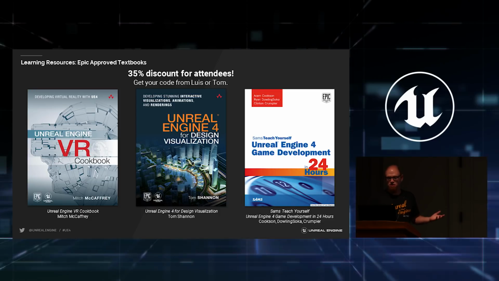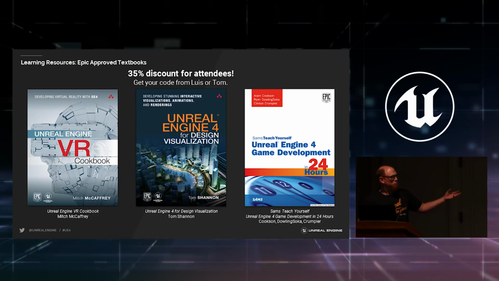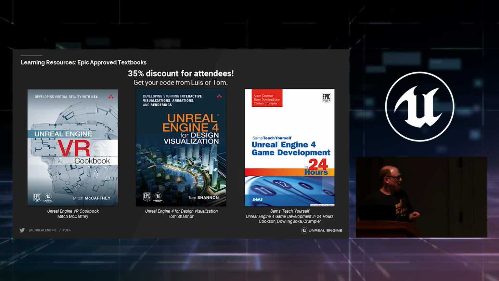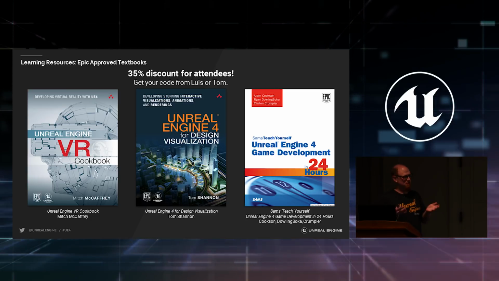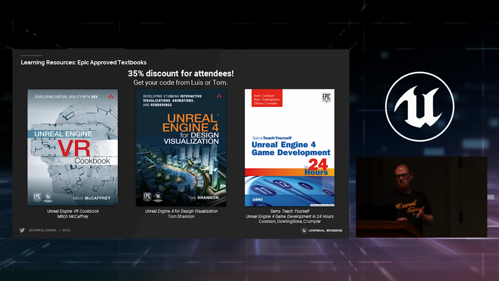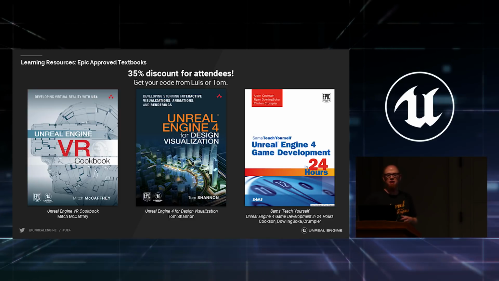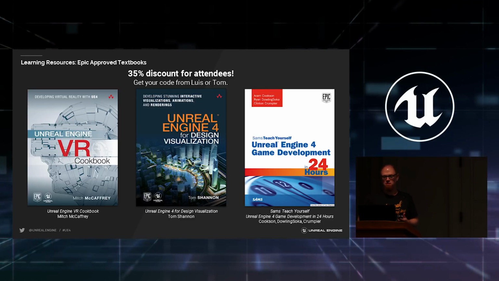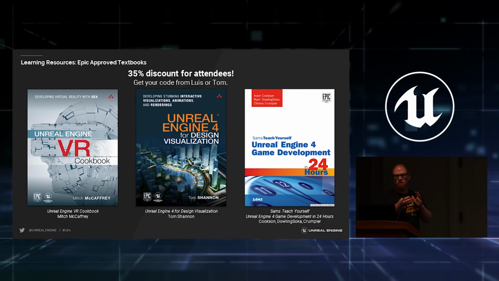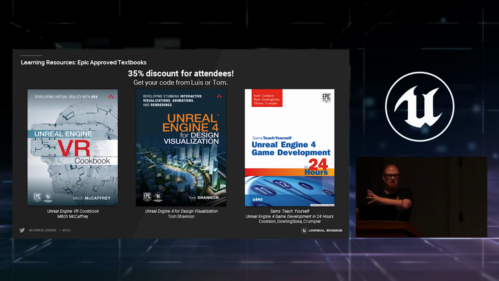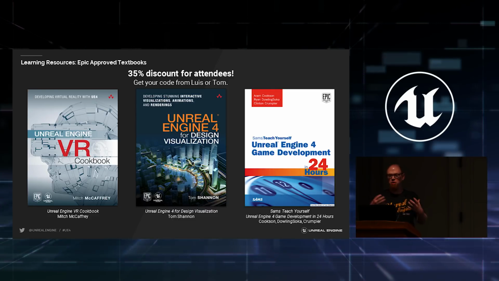And one of those things are our textbooks. Textbooks are hugely important. These 3 books that are out right now are completely approved by Epic Games. Our technical writers and technical experts have read them, vetted them, and made sure that everything in them is accurate. They're very high quality. They're published by Pearson Books. They're a fantastic resource. The Game Development in 24 Hours book is broken down into 24 one-hour exercises, basically. It's a great place to start building curriculums and building your lectures.